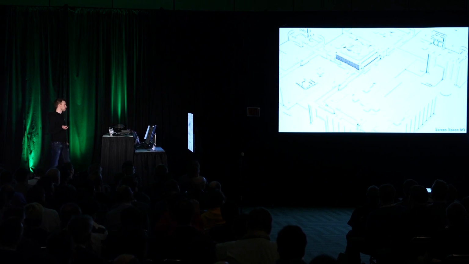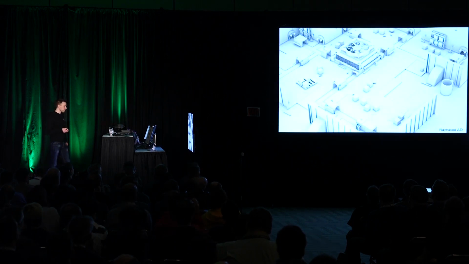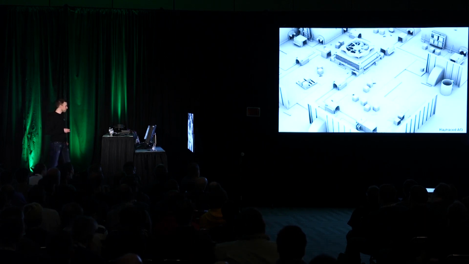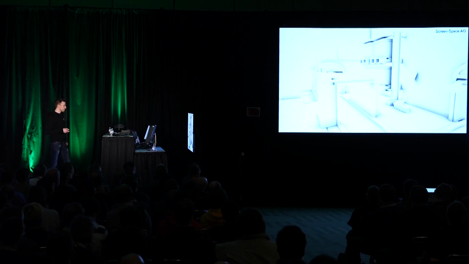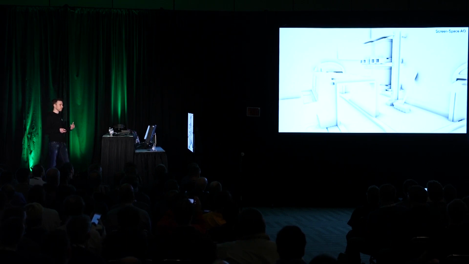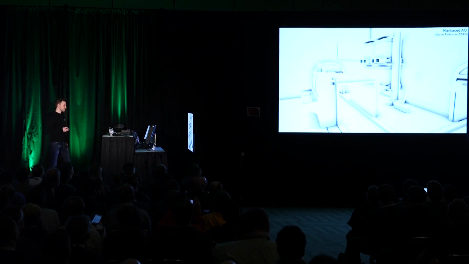So this is a basic screen space AO. Looks pretty good. But this is ray traced AO, which obviously looks much more grounded. And if we zoom in a bit, what if we used similar ranges for screen space AO and the ray trace AO? So here's the screen space AO. Notice the broom against the wall. It's got some really nice darkening there. And then if we switch to ray trace AO,